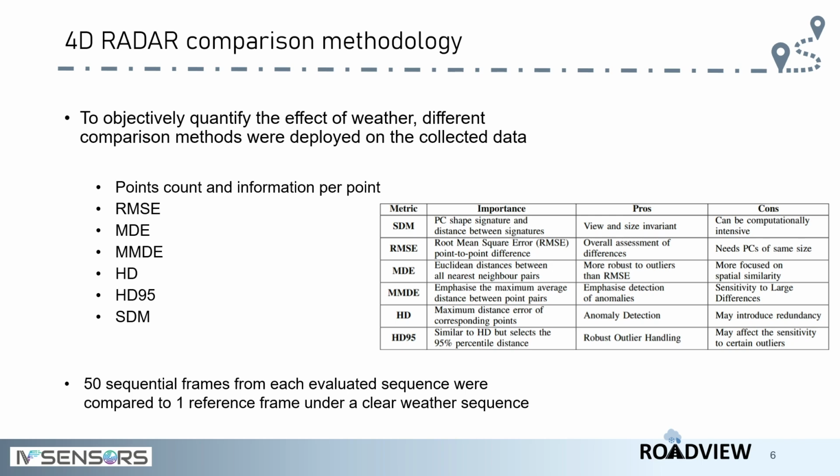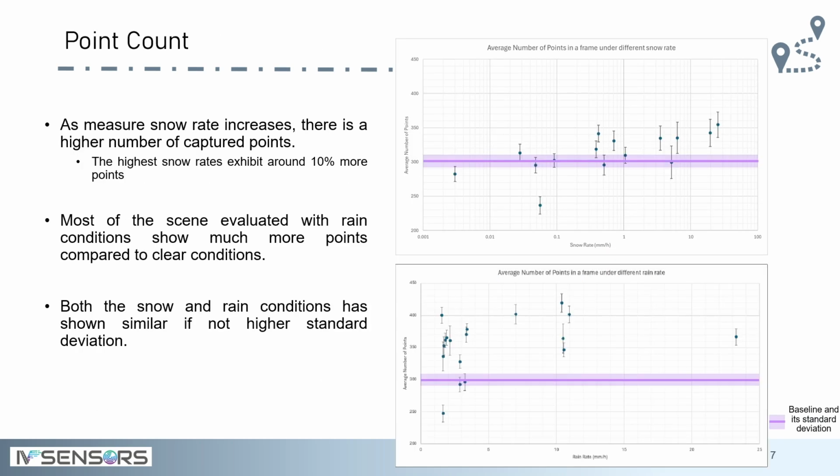And what you'll see actually next is just a lot of graphs, but these are where I've taken 50 frames from each sequence across a wide range of different weather rates and assessed them against one baseline point cloud. And we can see how much noise we get against weather. And here,